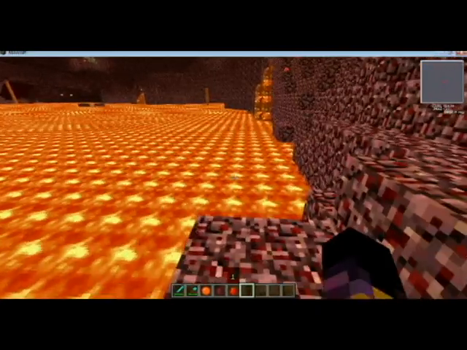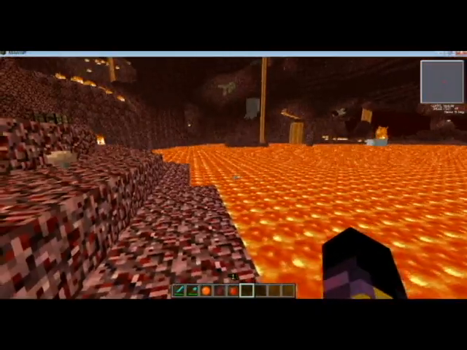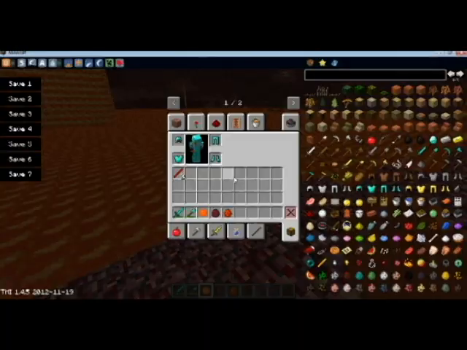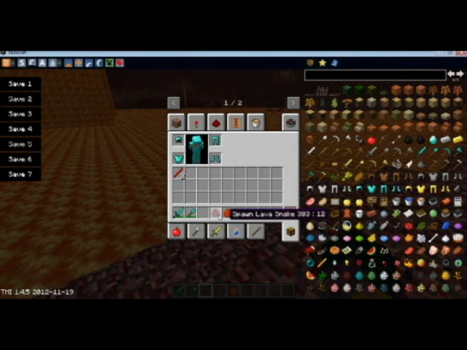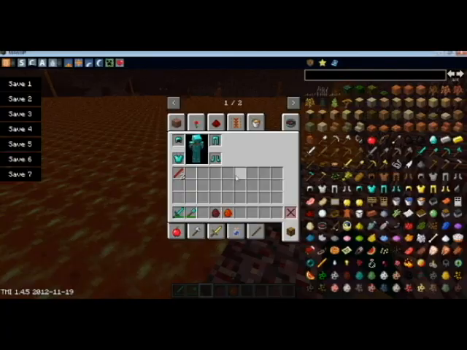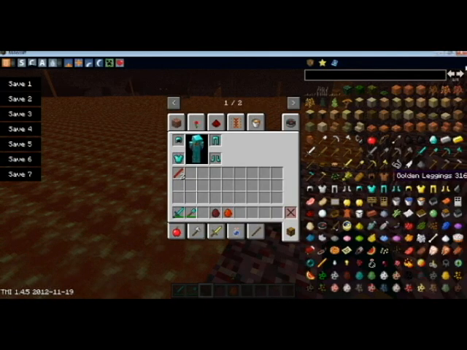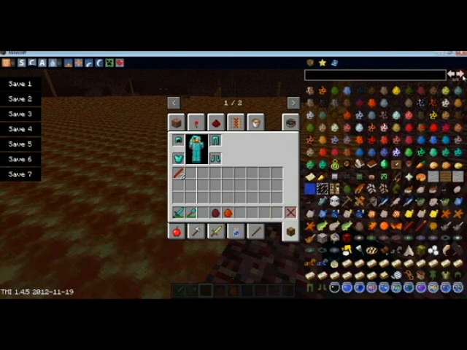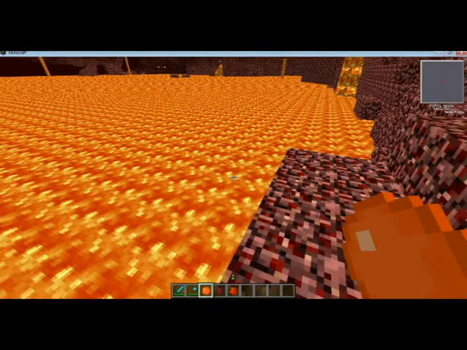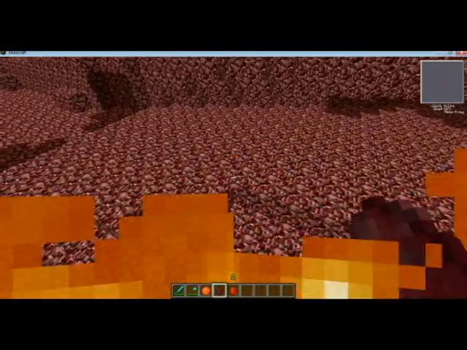So, you feed him all 64 pieces of rotten flesh, so the full stack, and you can ride him. So you just right-click, and you can ride him around these big pools of lava. Obviously, you couldn't do that before unless you wanted to build a bridge of some sort. And if you feed him this salamander slime, so you tame one, you right-click on him, give him salamander slime,